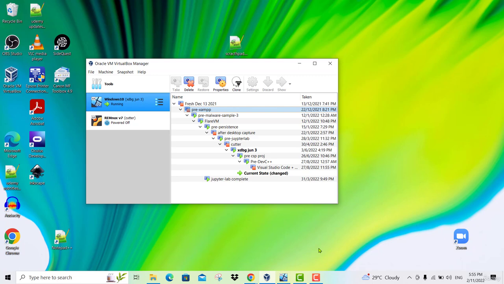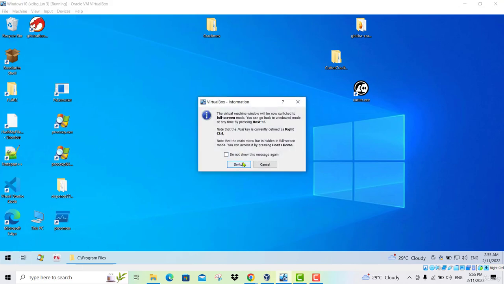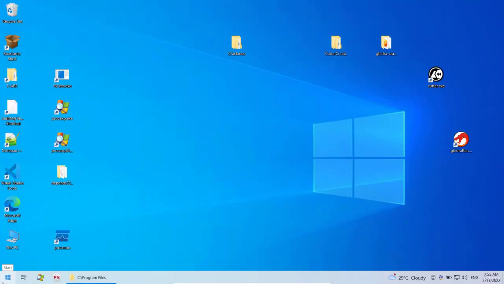The restore will undo any changes that have been made by any of the CrackMes that you have run while reversing. After you have done that, the next thing you want to do is to go and install your x64dbg. You can go and download it. So I'm now going to go into full screen and open a browser.